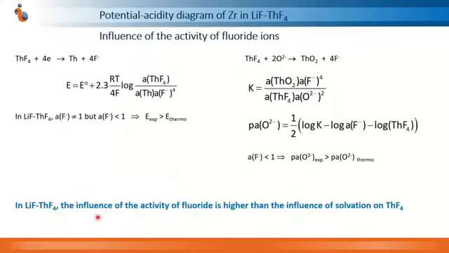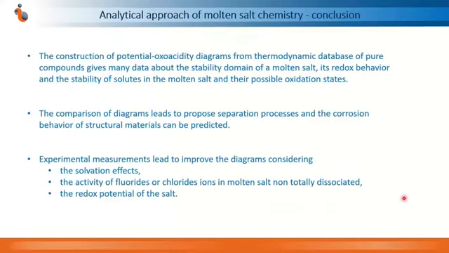So in lithium thorium fluoride, the influence of the activity of fluoride is higher than the influence of the solvation on thorium fluoride, even if the solvation on thorium fluoride will also be very important. So to conclude,